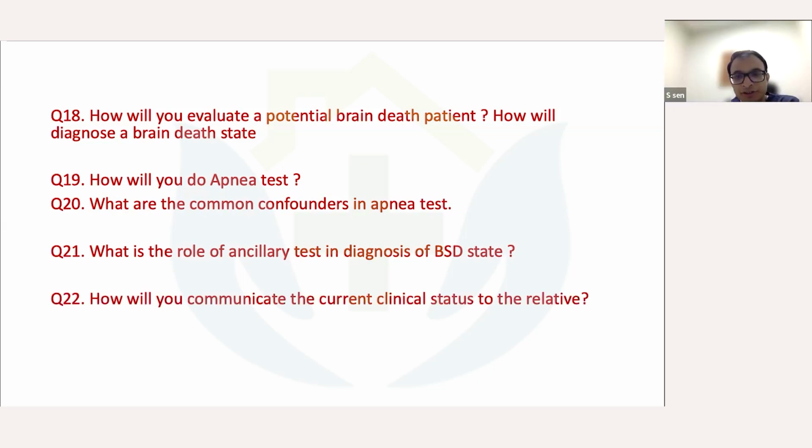Anyway, how do you communicate this current clinical status to the relative? To the relative. So we can speak to the relative. Sorry, are you asking me about the steps of communication or the information that I have to provide to the relative? Yes, what information you will provide the relative and how? Suppose I am the patient's relative, a close relative of mine, and you're the treating physician. You are managing this patient for the last 5 to 6 days, and now you feel that he is probably brain dead. How will you communicate that to me?